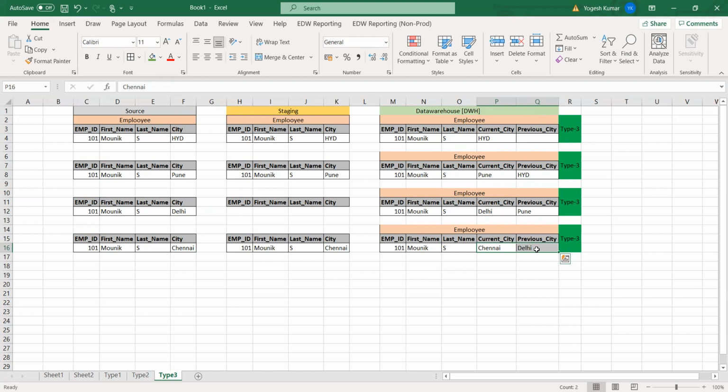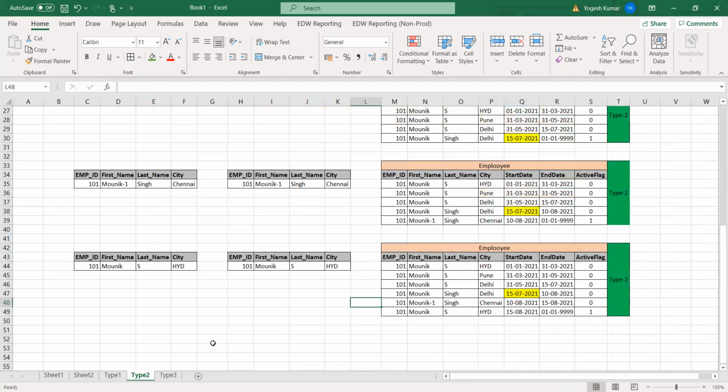If one project is there, we can use many slowly changing dimensions, na? Suppose we have chosen type 2 for one table; for other tables we can use type 1 and type 2 as well.